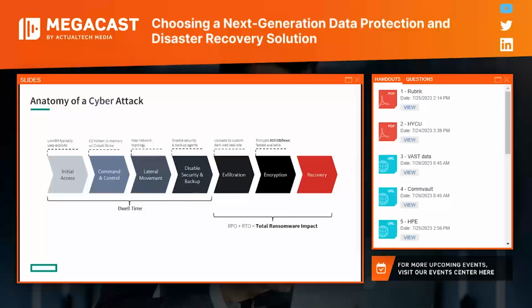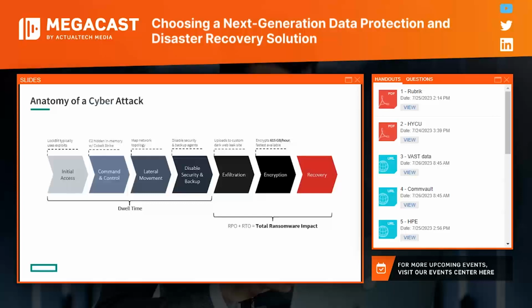All right, I wanted to at least create a foundation, a level set here, so that everybody understands why this is so important and how this has become a little different over the last few years. The reality is cyber attacks and cyber crime have become much more sophisticated. In the past, the bad actors would essentially gain access to an environment, encrypt, and hope that the end user would pay the ransom.